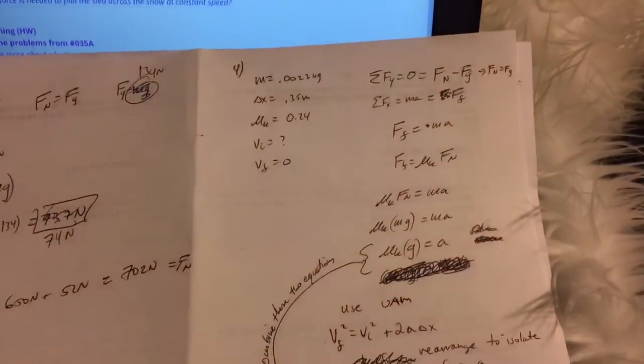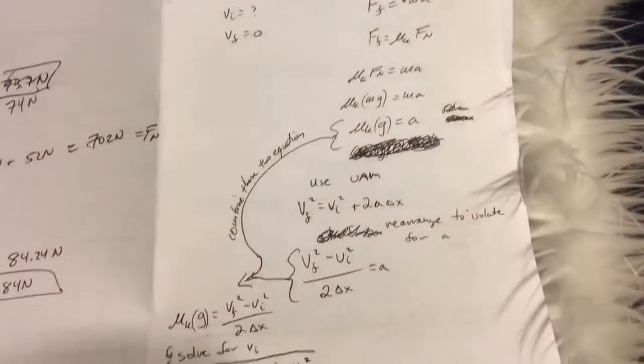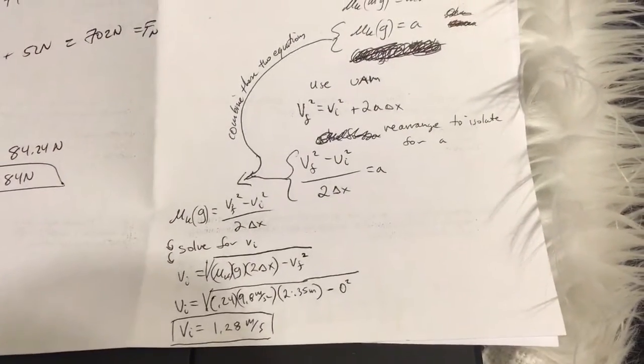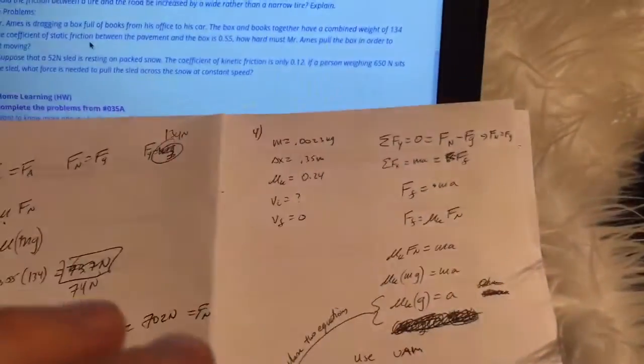Number 4 was a lot harder. So if you want, you can just take a look at it. That's the problem and the solution. I'll run you through how I got the answer. So 4